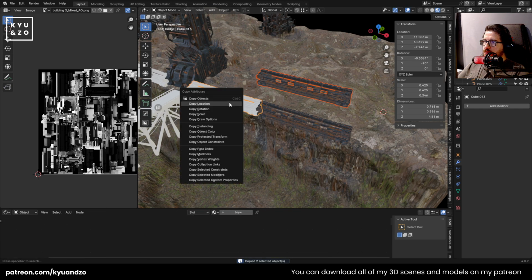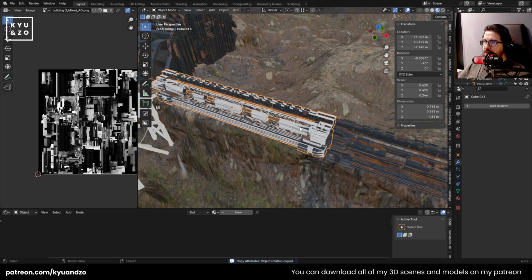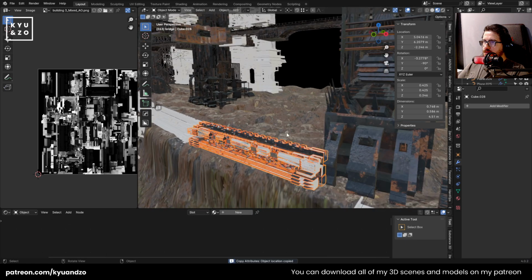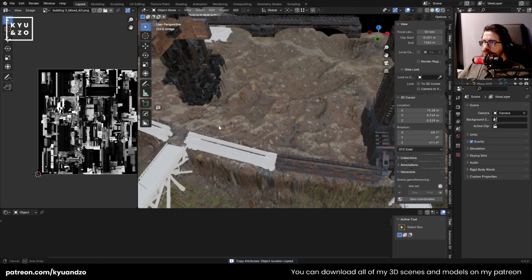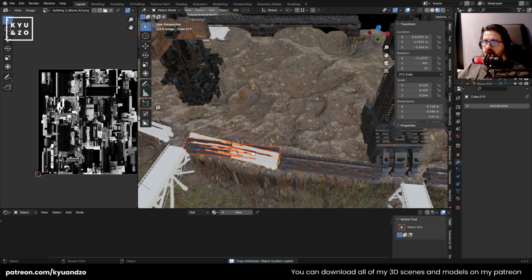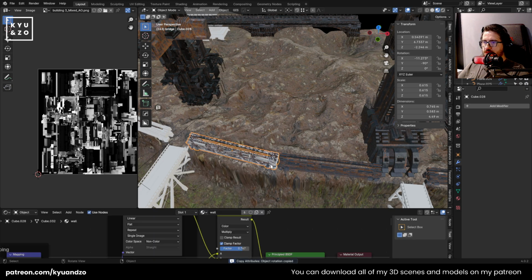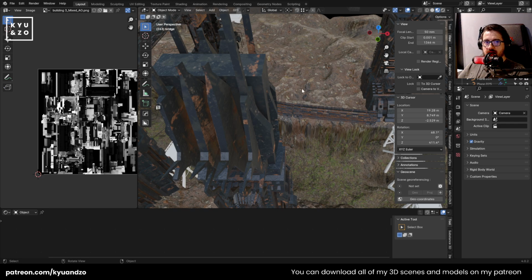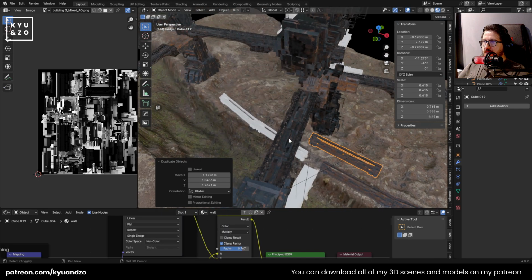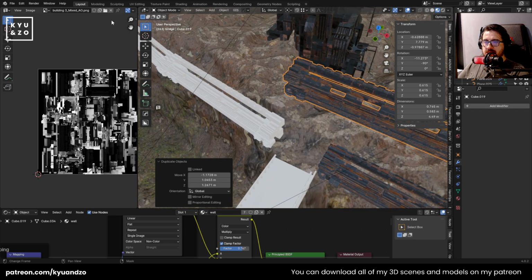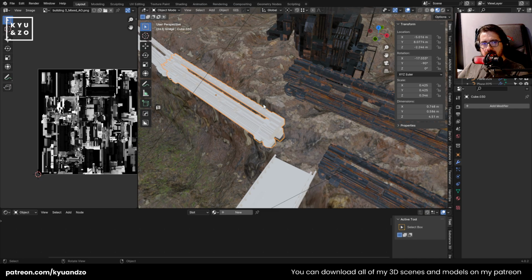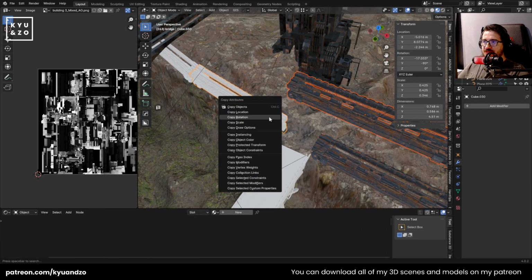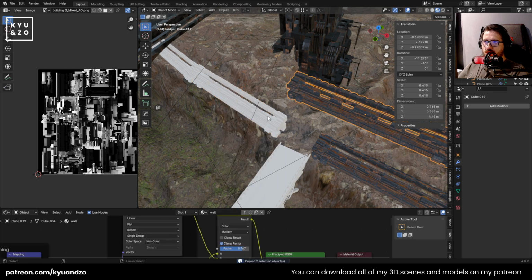Copy location, rotation, and the size is now correct. So copy rotation and location. And you can also follow a different way, which is to make the texture stage at the beginning, like I did before on my previous concept art, and after that you can play with the textured objects and make the scene. But this time I wanted to go this way because I wanted to show these results to you. You may go that way, but